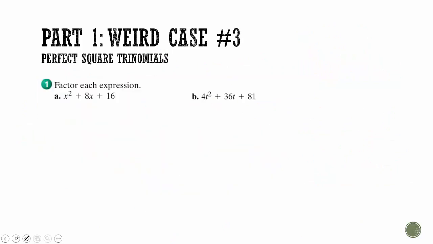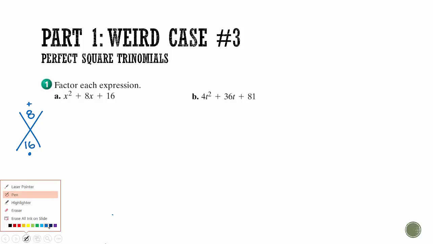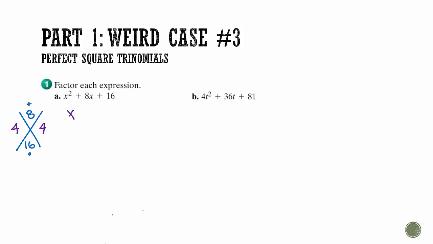So weird case number 3, perfect square trinomials. So let's just factor this one. When I have something like this, look for a GCF. When there isn't anything, we need two numbers that add to make 8. They got to multiply to make 16. Those two numbers are 4 and 4, exactly the same. So when we go to break this up,